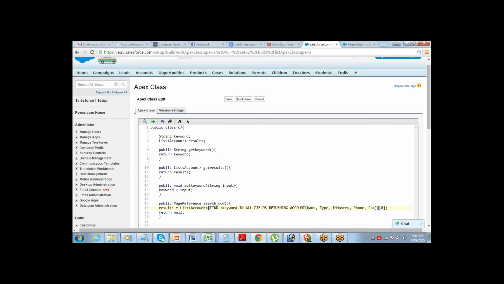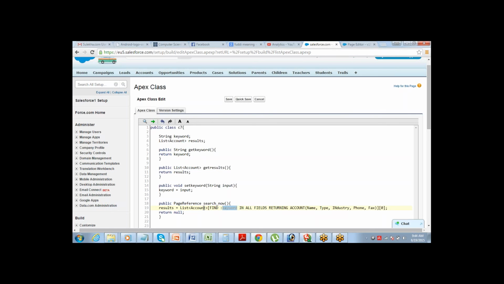This is how a find statement needs to be written. What do you want to find and what do you want to return? The keyword FIND and ALL FIELDS are in caps, while returning you can write in small. Apex and Visualforce are not case sensitive. I've just written it for your understanding. You can write it in small also.